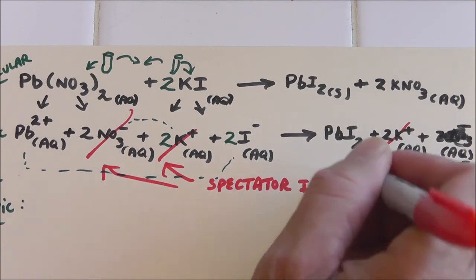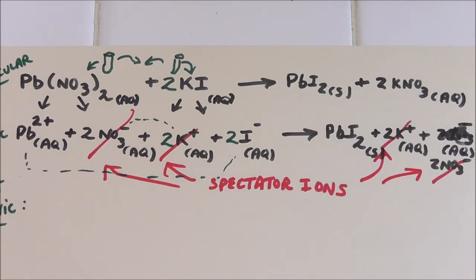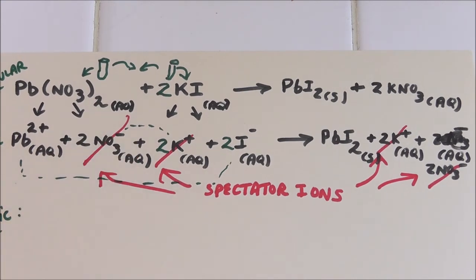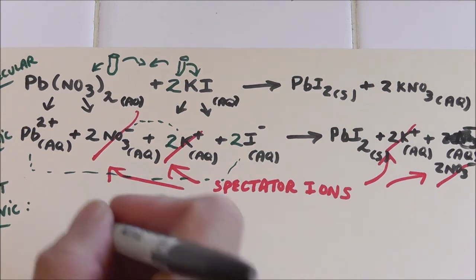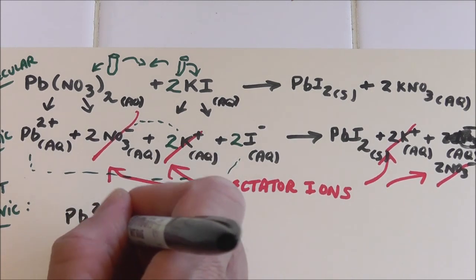And it's not like they're not there. They are there. It's not like they're not important either, because basically every positive's got to have a negative. I can't put lead into water and dissolve it without it being paired with something soluble. It's just that they're not having an active role in the chemical change of producing a precipitate. So we cancel them out in the ionic, and then the net ionic sort of shows you the driving force